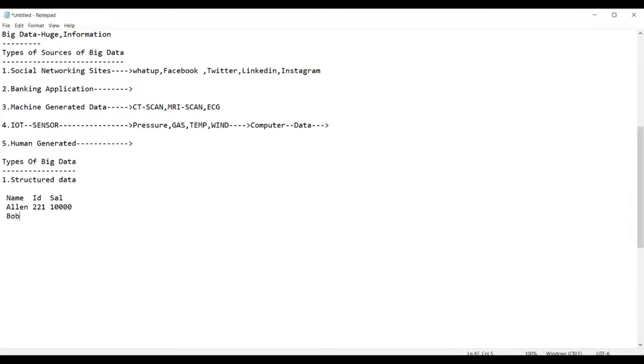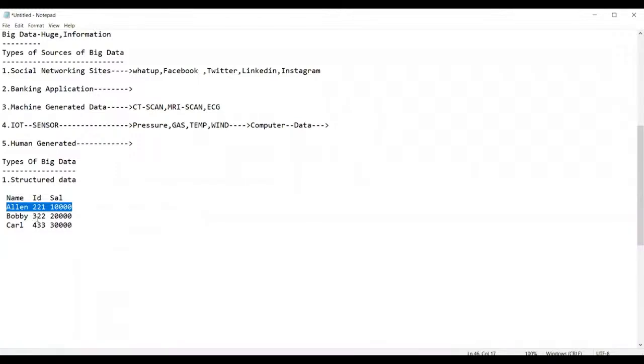And Bobby, 20,000. Carl, 30,000. Can you see here, guys, this data is in which format? It is in the proper format of rows and columns or not? These are the rows and these are the columns.